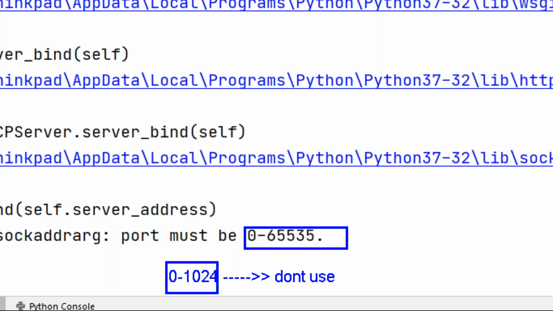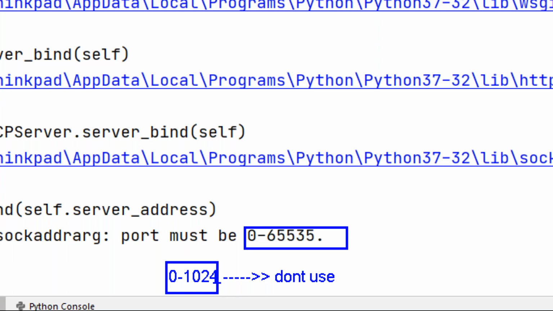We need to use from 1025 onwards, up to 65,535. That's why generally we use 4-digit numbers above 1024, from 1025 onwards.